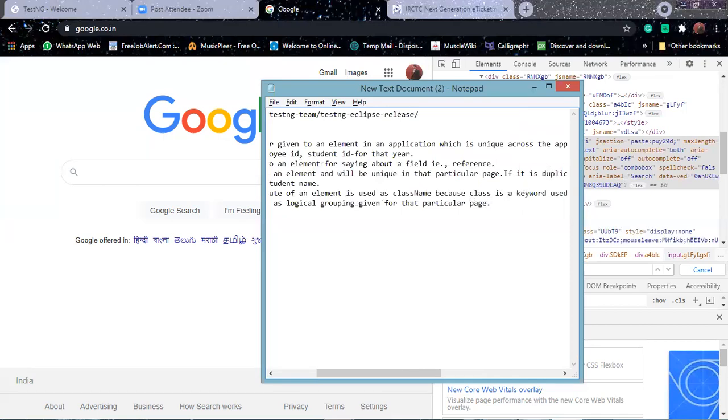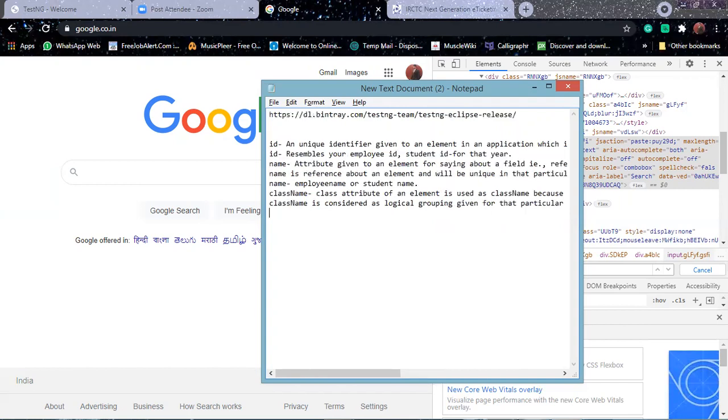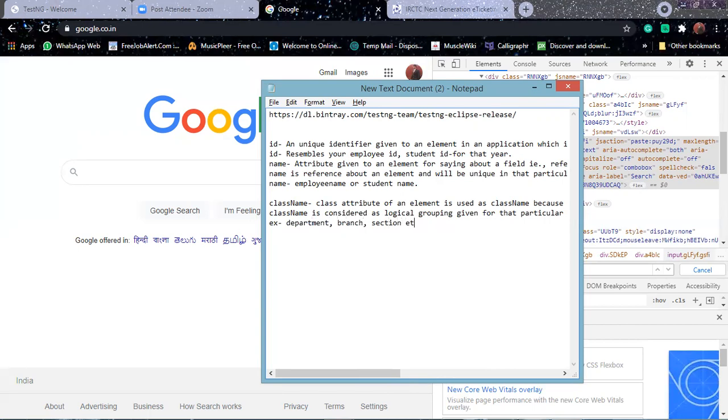The next line: class name examples are department, branch, section, anything you feel comfortable with, you can write. And then the next one.